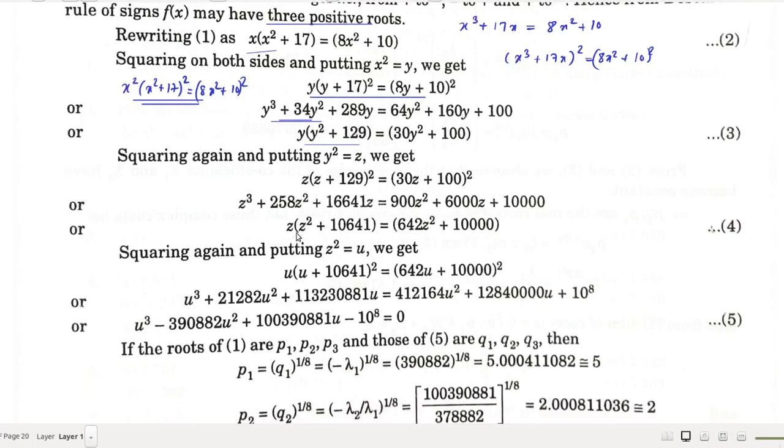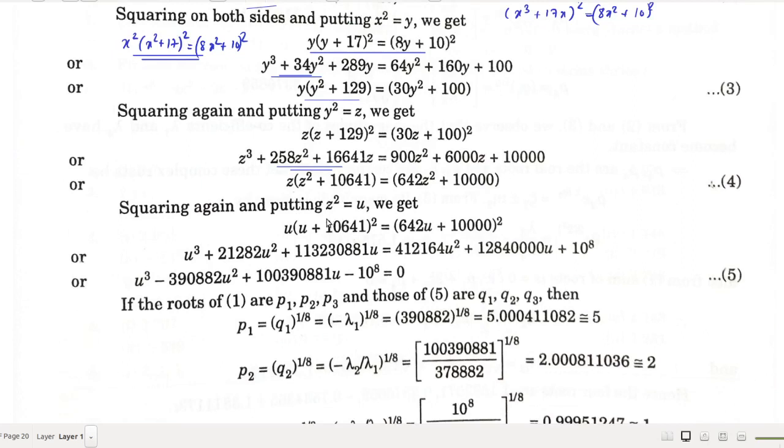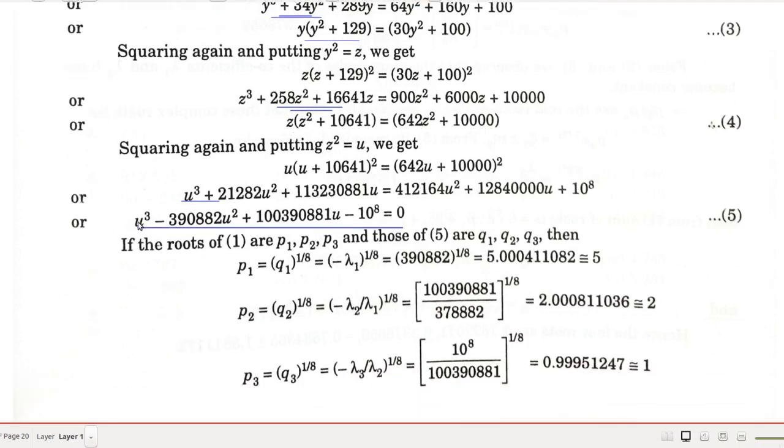Okay, so rearranging this, you put z square equal to u, that means this is the squaring for the third time, and you will get this equation. So finally, after squaring 3 times, you can get an equation like this. Then we know how to find the roots of this equation, that is using the fact